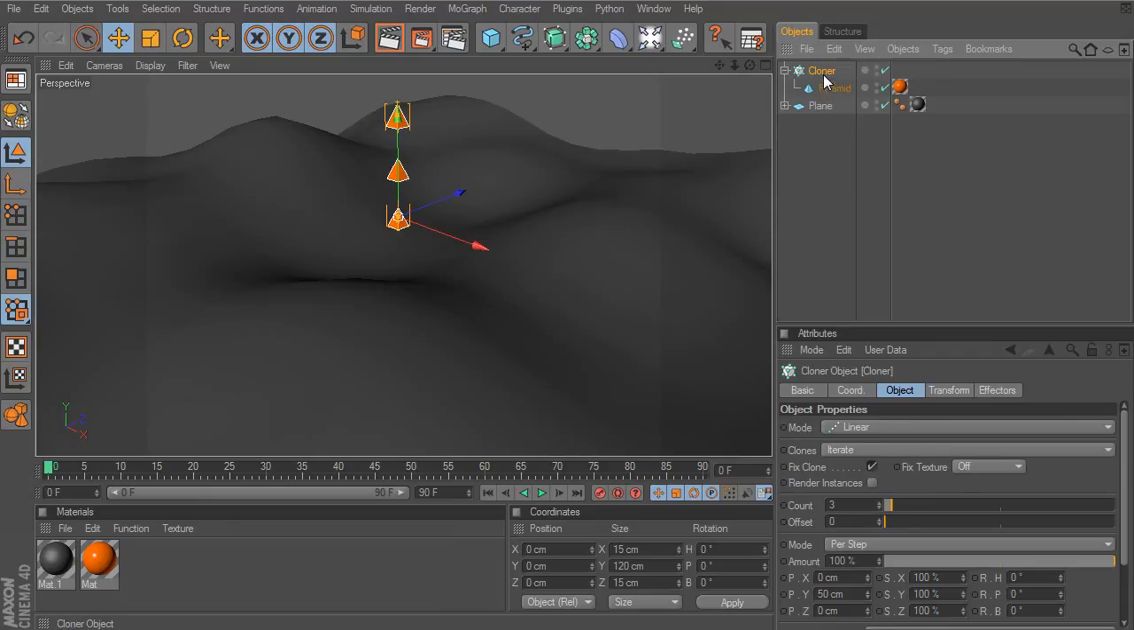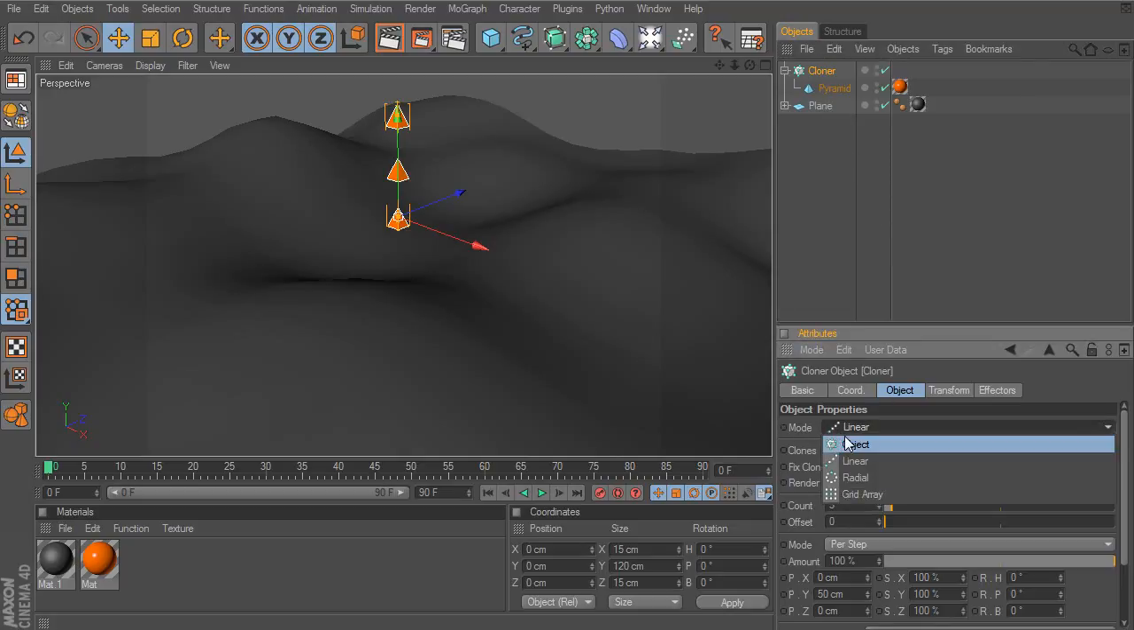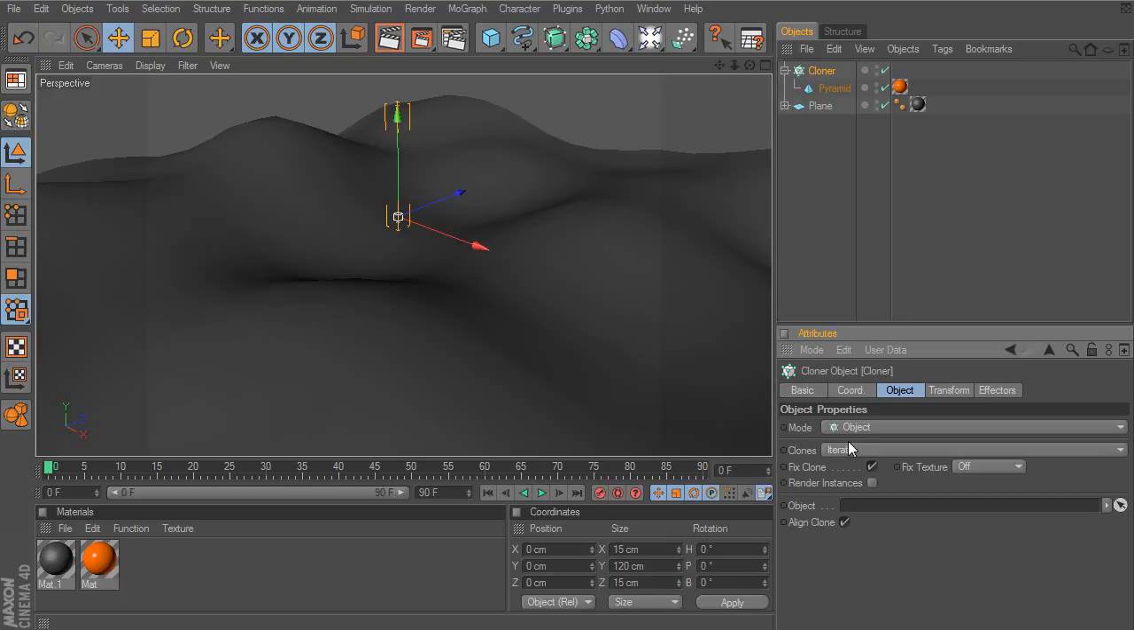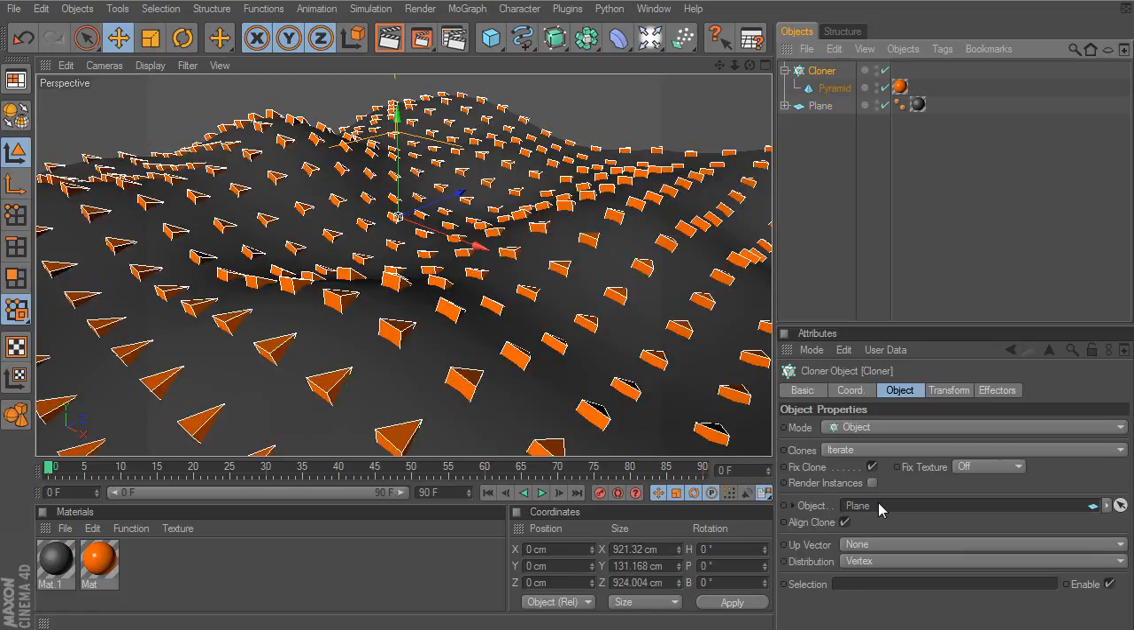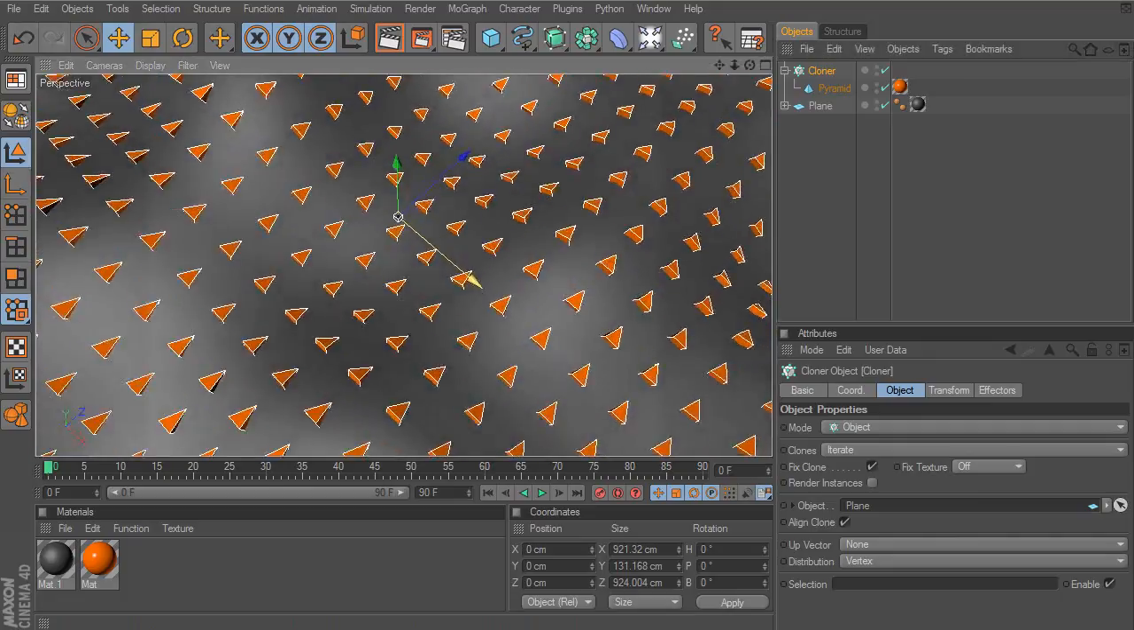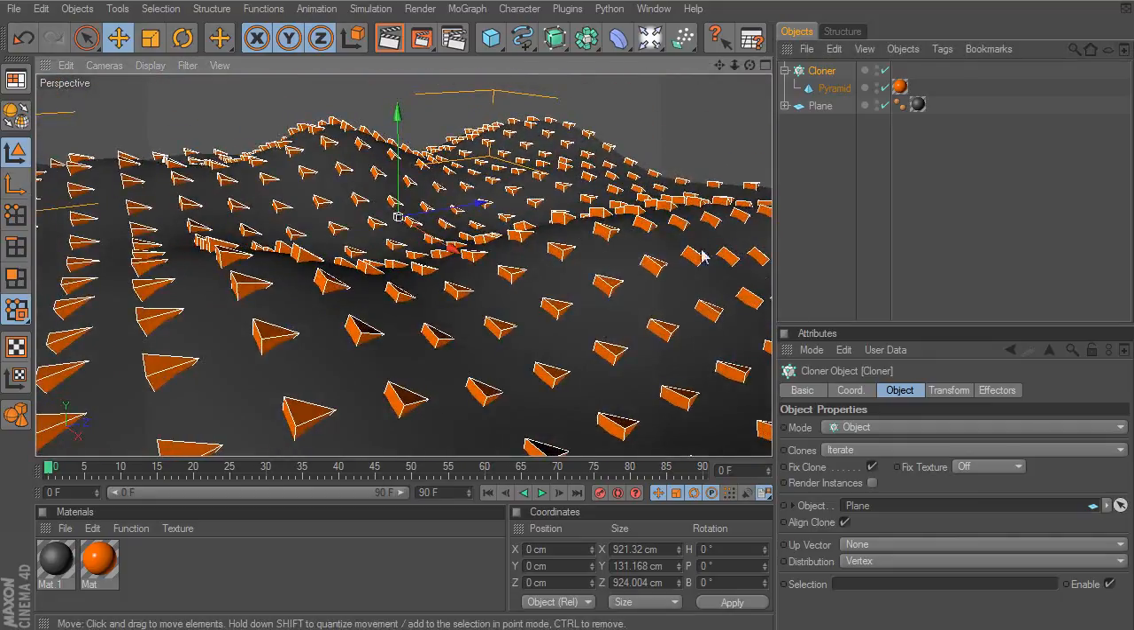We can do that by just going into my cloner. Instead of this linear mode, I'm going to pull this down and switch this to an object mode. Now at this point, you can see we have the ability to plug in some kind of an object that we want to clone across. So, I'm going to take my plane, simply click and drag, and drop this into my object. Very nice, and you can see just like that, we have this entire surface that has been covered with these